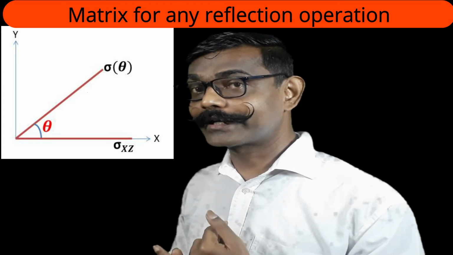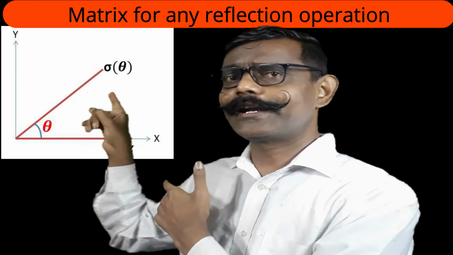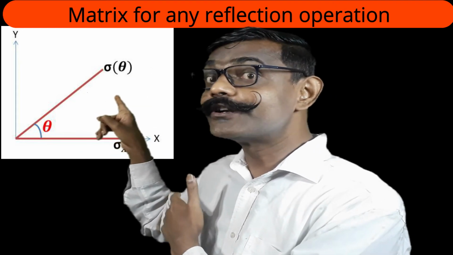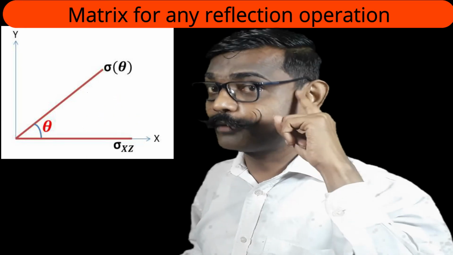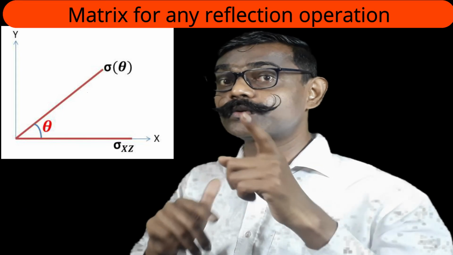Do we know the matrix for the xz plane? Yes. Do we know the matrix for rotation? Yes. Then we can establish the matrix for the general plane. What was the similarity transformation formula? X inverse AX is equal to B. B is a similarity transform of A via X.